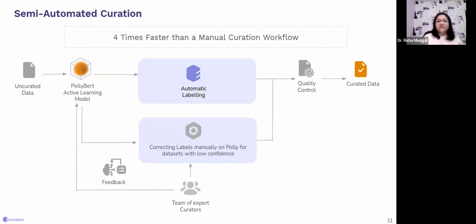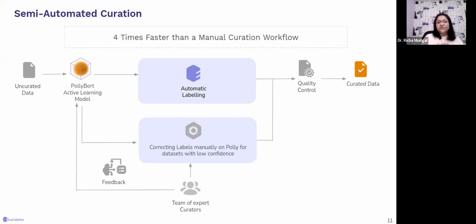The infrastructure comprises two parts. One is that for the uncurated data that we source, we define these rules and the metadata fields that we need to curate, and we add them. We run our own Polybot models, which are natural language processing models pre-trained on biomedical data, which helps annotate or curate the metadata fields. This provides our internal expert curators with already annotated metadata.